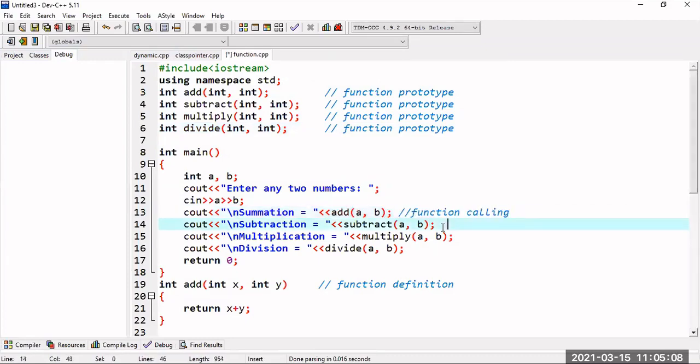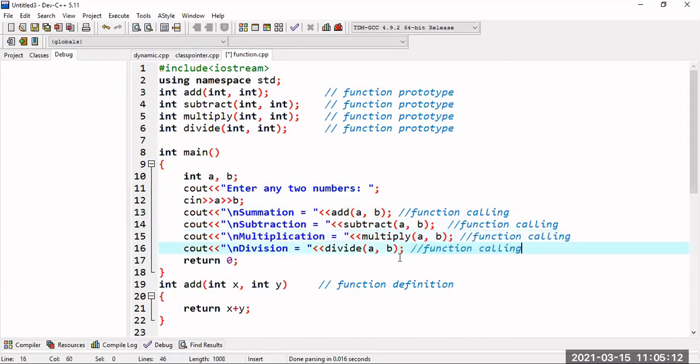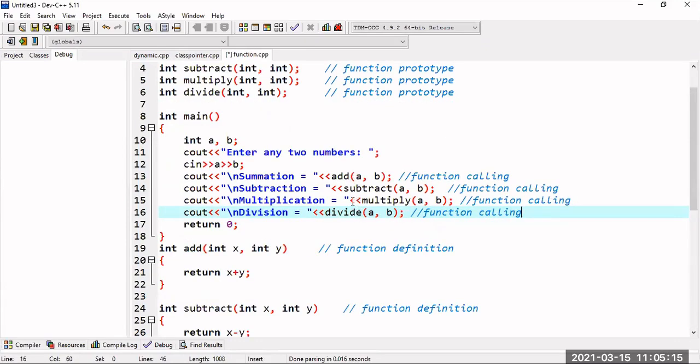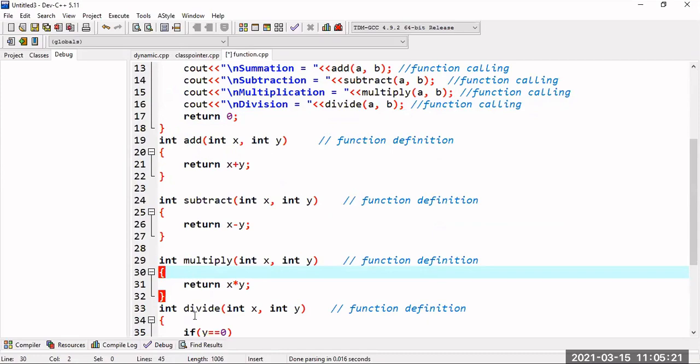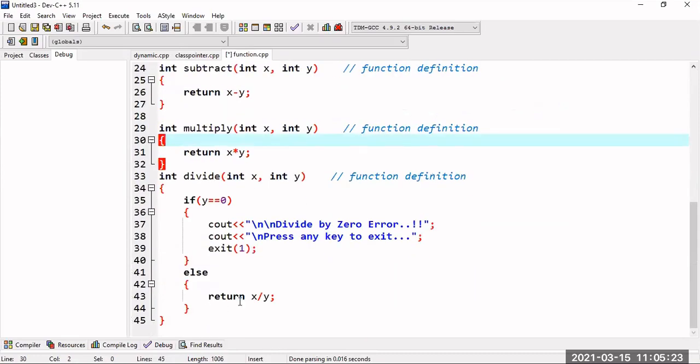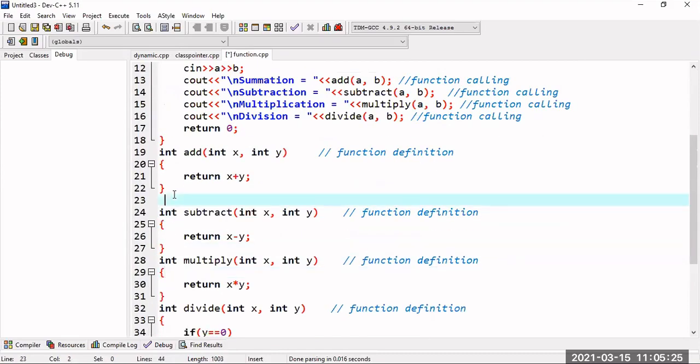I'm calling the addition function, this is calling the subtraction function, this is calling the multiplication function, and this is calling the division function. Whenever I am calling the function, it will go to the definition. So in the add definition, return x plus y, return x minus y, return x into y, and return x by y. These are the four values.